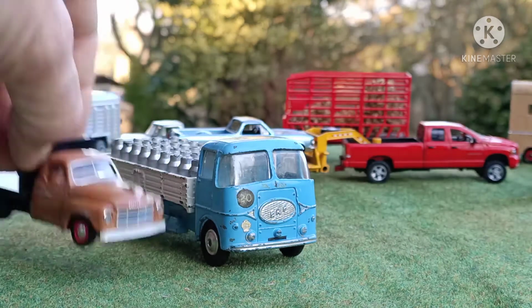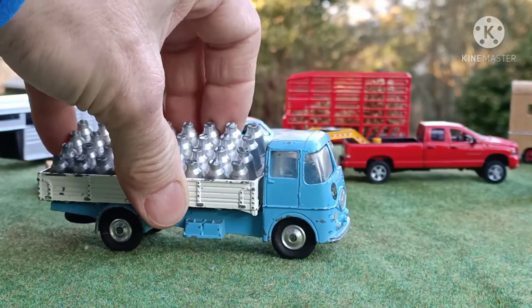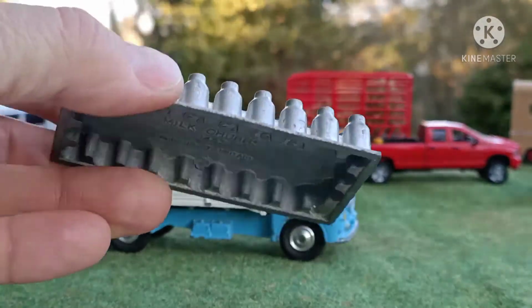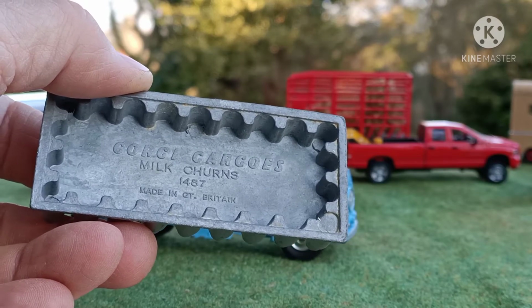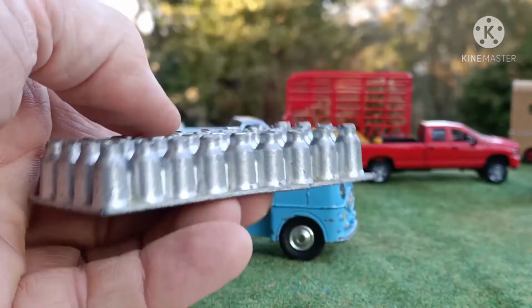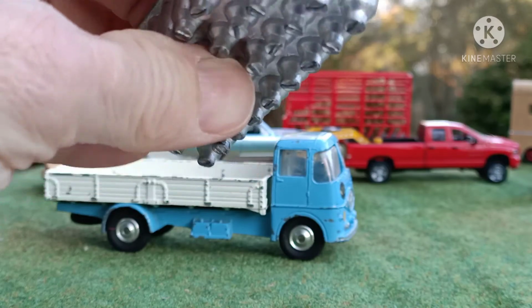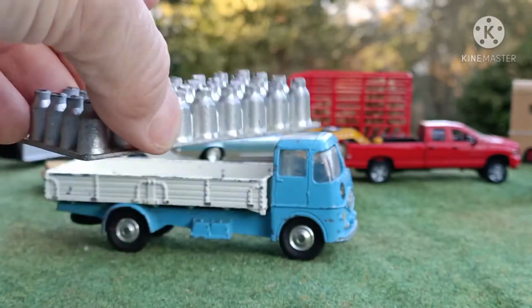And this is kind of like typical over engineering of the day. You can take these churns out, and yeah, on the back it says Corgi Cargo's milk churns 1487, made in Great Britain. But it's just the weight of this, it's just the thickness of it. It must be about 4 or 5 millimeters thick. So yeah,